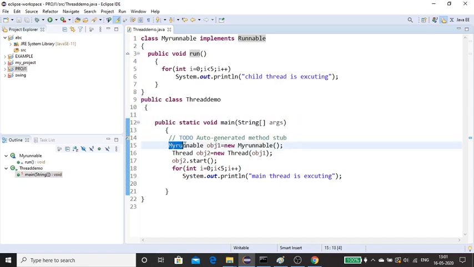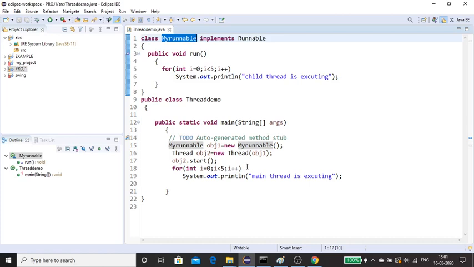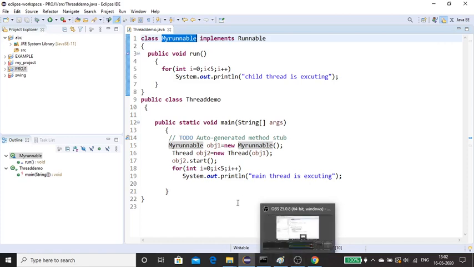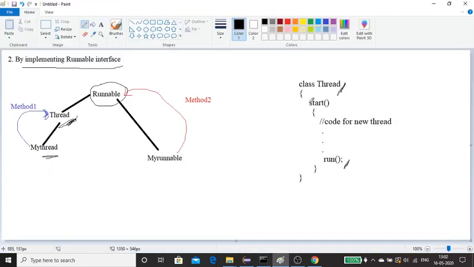Here I'm creating an object of type MyRunnable. Now if I want to create a new thread, I have to take the help of one function with the name start. Then only a new thread will be created.